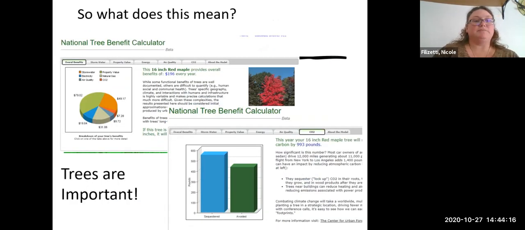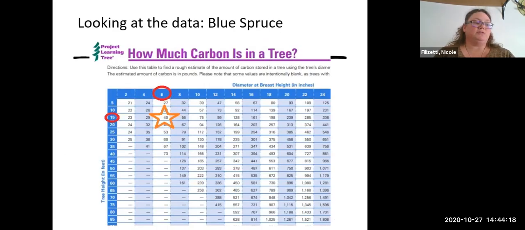So as we've seen, the ability of trees to store carbon is hugely important for our ability to slow the effects of climate change. But that isn't all that trees are useful for. I want to show you a cool website, which is powered by the iTree program that makes it easy to understand the economic and ecological importance of trees. So we're going to come out of the PowerPoint and we're going to go to www.treebenefits.com. Really easy to remember, treebenefits.com.